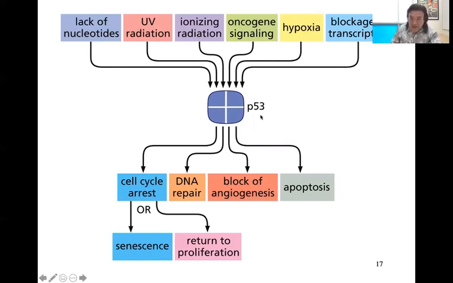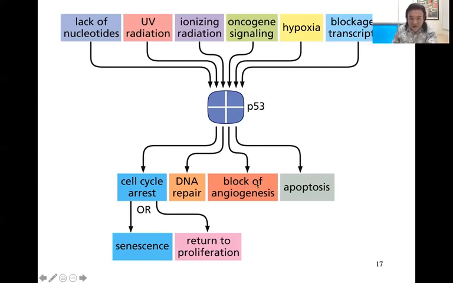So p53, you suddenly realize, oh, it actually is a very important tumor suppressor gene because it makes the decision whether to allow the cell to continue on with the cell cycle. And so p53 can control things like cell cycle arrest, or maybe send the cell into senescence, G0. It will also decide whether things are okay to return to proliferation. p53 is involved in things like DNA repair, so sensing damaged DNA so that it can halt the cell cycle, so the cell might have a shot at repairing the DNA.